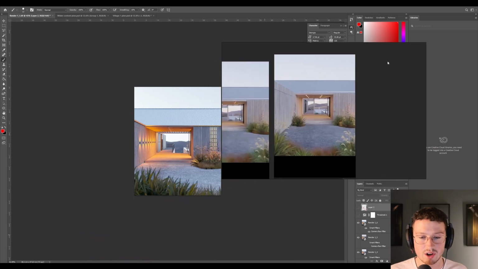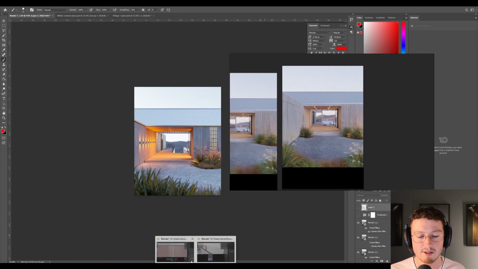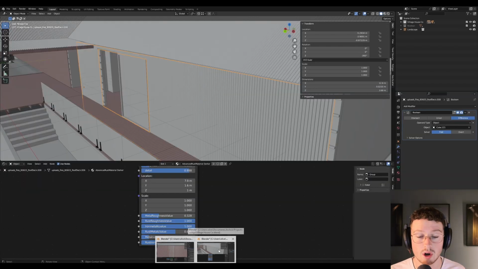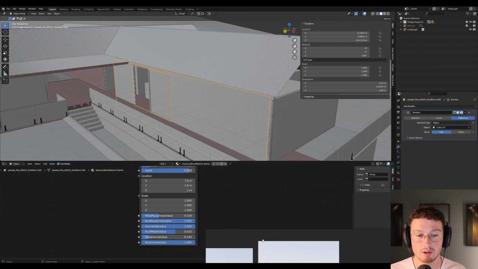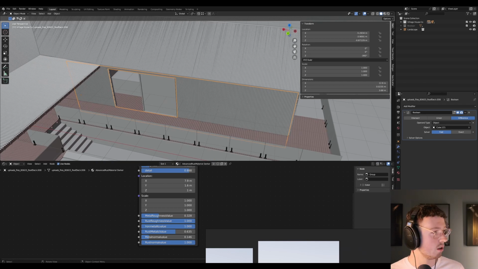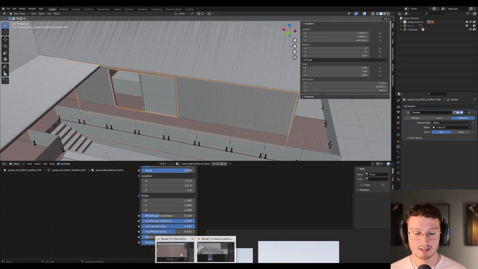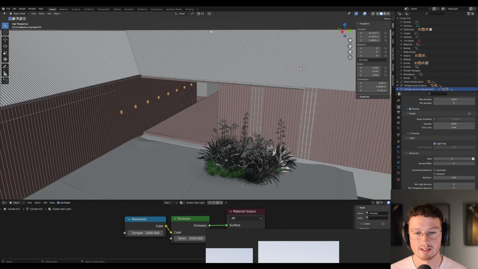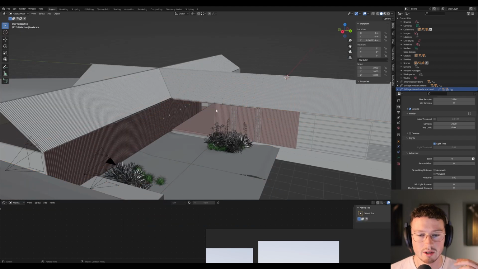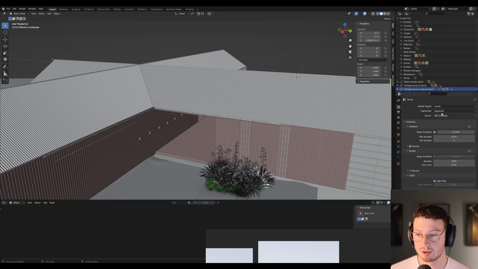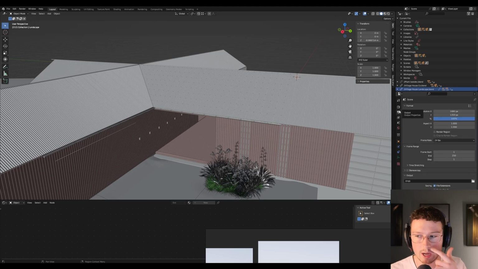Okay, and so I'm just going to quickly touch on the render settings, and then we're going to go into Photoshop and show you the camera raw settings. Cool. So if I go back to the main file, this is obviously the file where the landscape and the architecture are linked into. And if I go to my render settings, I rendered it with 2000 samples. 2000 I find is just decent. And I also did 200%